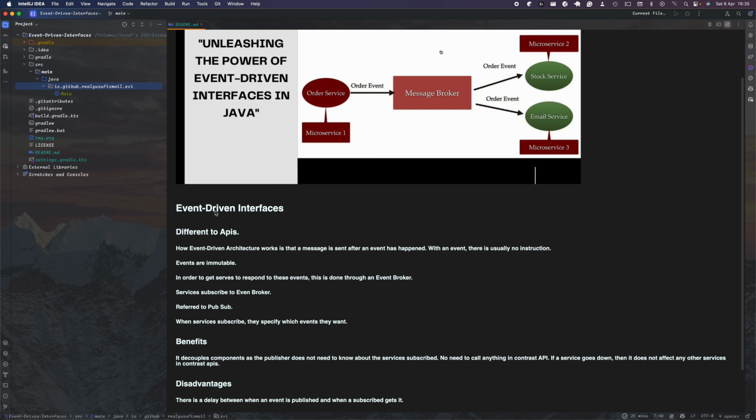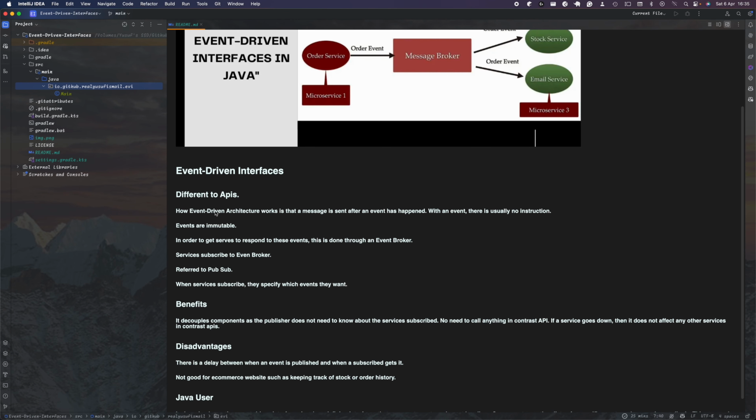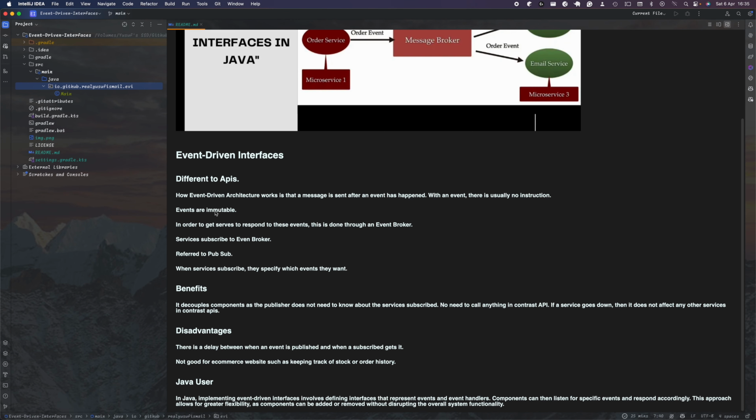Say, for example, in the context of Discord, a user gets banned. So an event will be triggered where, once the user has been banned, the event will then send a message to the server side informing anyone that the user has been banned, and then the person can take that event on and deal with it how they'd like. But it's different to an API, where an API would be constantly requesting information, so there would be no delays. So the events are immutable, and in order to get services to respond to the events,